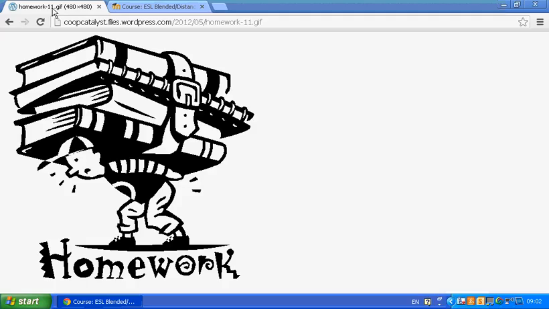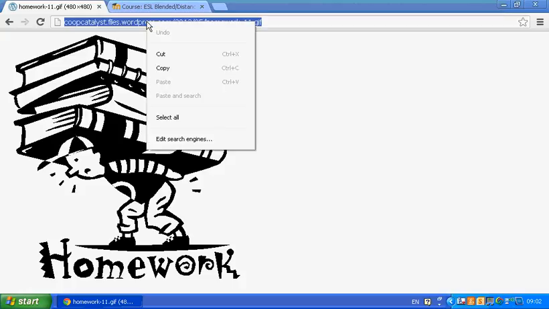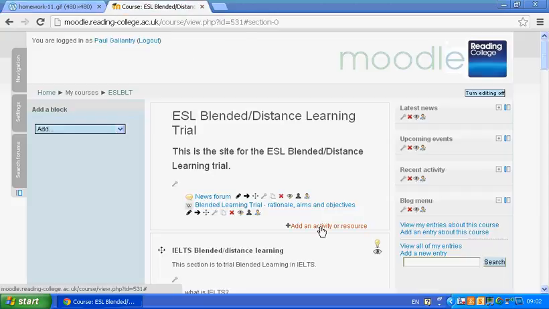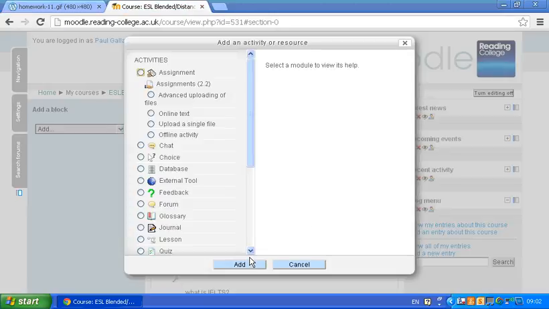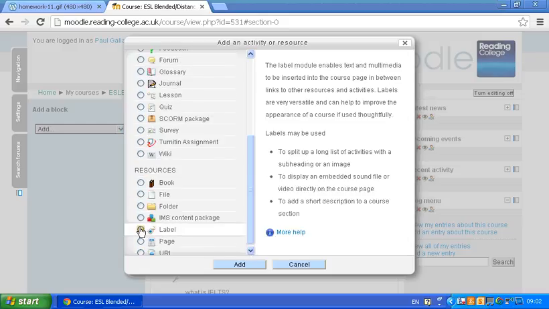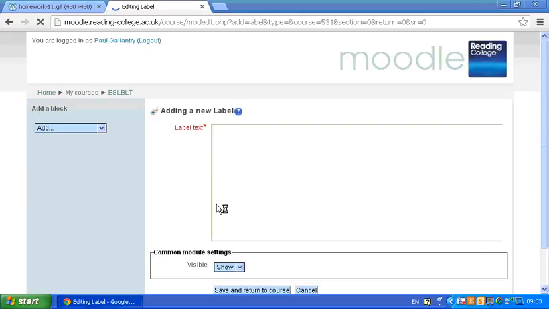We're going to add a picture. And here's a convenient picture I found. Now I'm just taking this one off the web, so I'm just going to highlight and copy that. Then I'm going to go in here and add a label. If you haven't seen how to insert labels, just look at the previous video I made for this. We put the label in, okay,